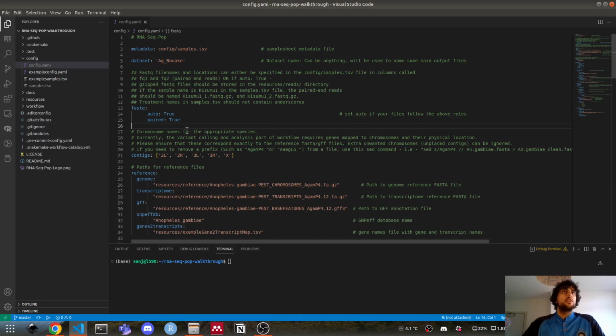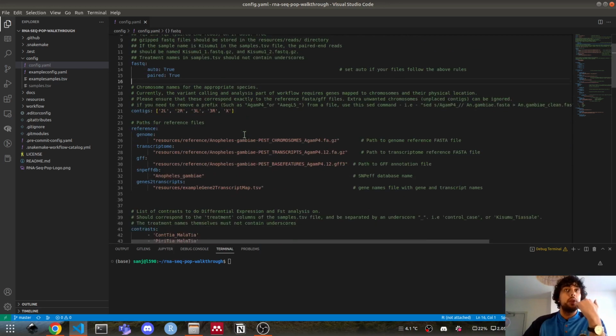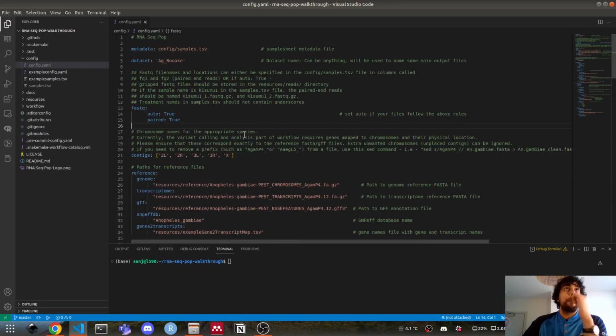We need to edit this config file, and there are lots of different parameters. RNA-seq-pop does have a lot of different modules. I try to make it as simple as possible, but we essentially have a metadata file which we point to. It's usually called samples.csv, located in the config folder. We give the dataset a name, and this can be anything that you want.